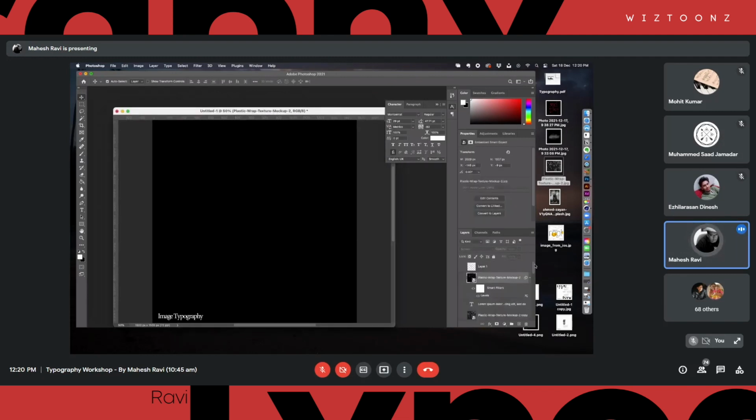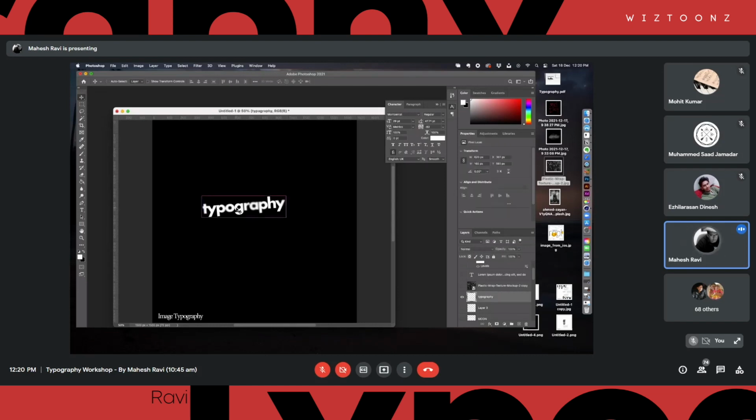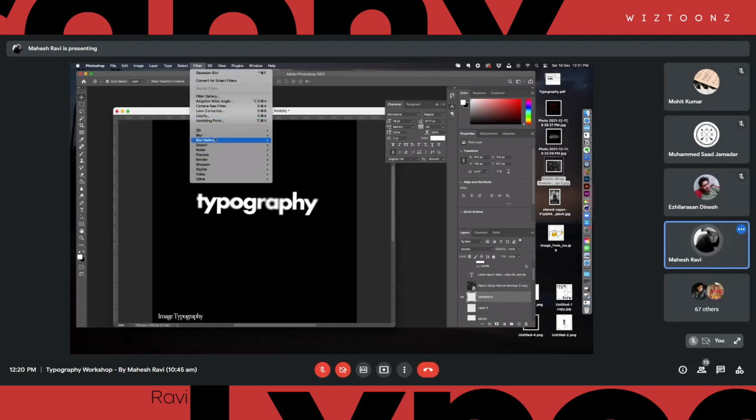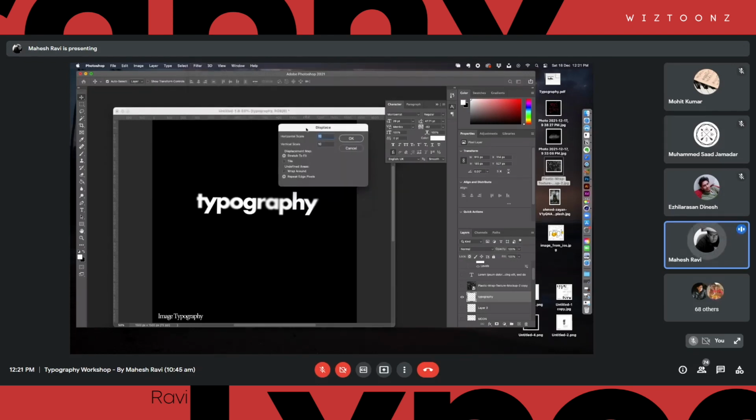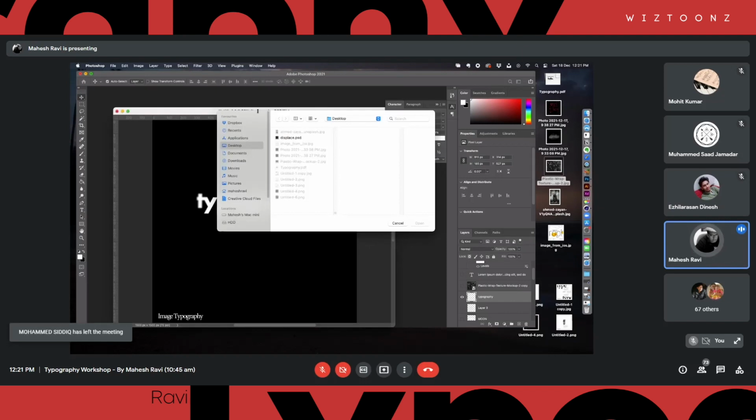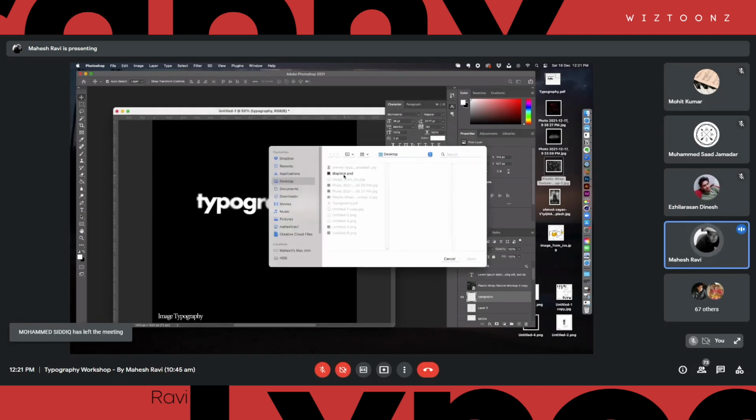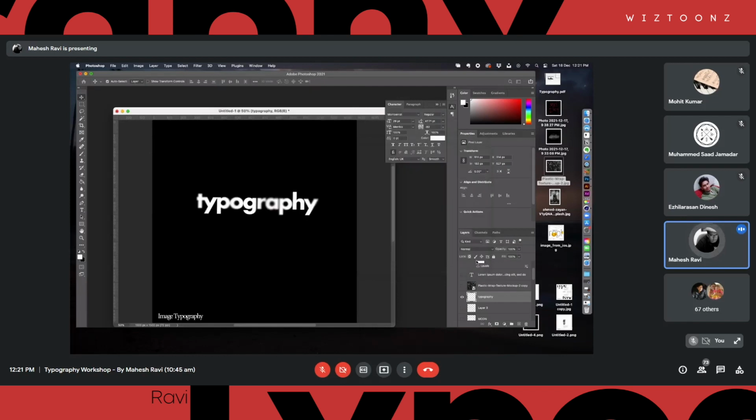Now we are going to go to our original project and turn on our typography and all those things. Maybe we'll start with the base. Yeah, I think this is also fine. Scale it up. Okay, now we have this in here. If you go to Filter, there is something called Distort, and if you click on Displace, it's going to ask you what is the scale that you want. So 10 is okay. Click on that, and it is going to ask you for the displacement map file. You choose the displacement PSD that we just saved, click open, and can you see?